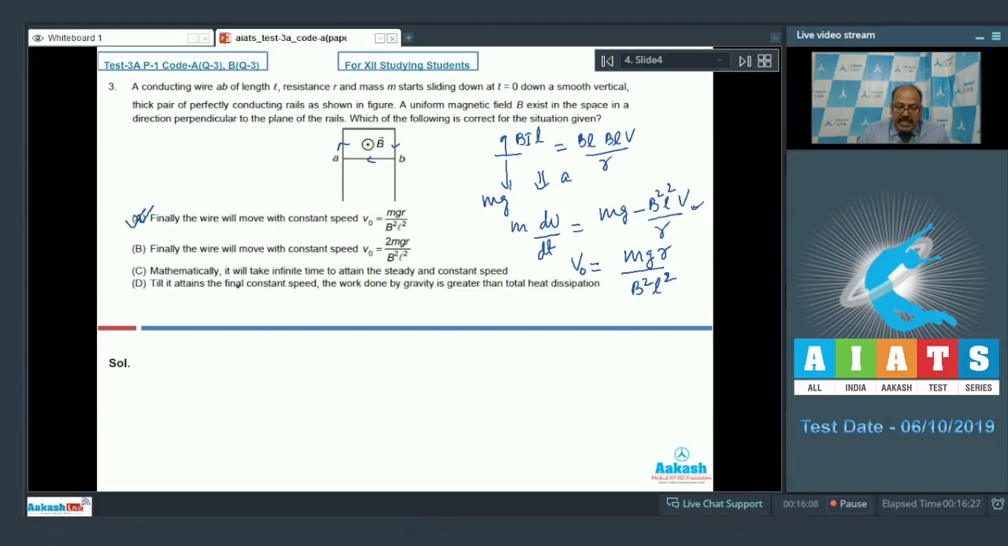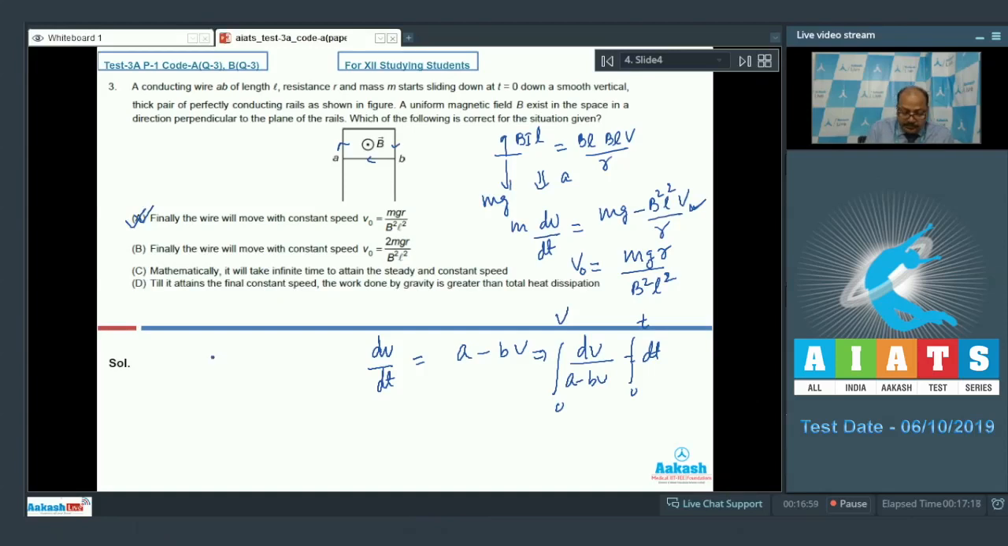Option C says mathematically it will take infinite time to attain the steady and constant speed. Well, if I just write in simple terms, the differential equation we have got is of the form dV by dt is equal to A minus BV, where A and B are positive constants. You can easily find the values of A and B. And at time t equal to 0, velocity is 0, right? We can do the cross multiplication. dV by A minus BV is equal to dt. If we integrate, putting the limit from 0 to t, here it is 0 to V,